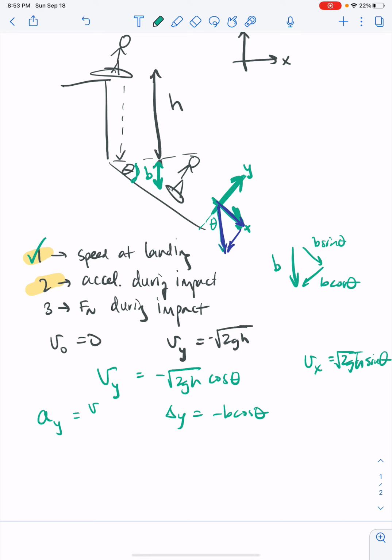So the acceleration in y, we're going to use our kinematics equation that does not require time, so we don't have to find the time. Our v final in y is 0, because it's not moving perpendicular to the slope at the end of this acceleration. So that means our a_y is negative